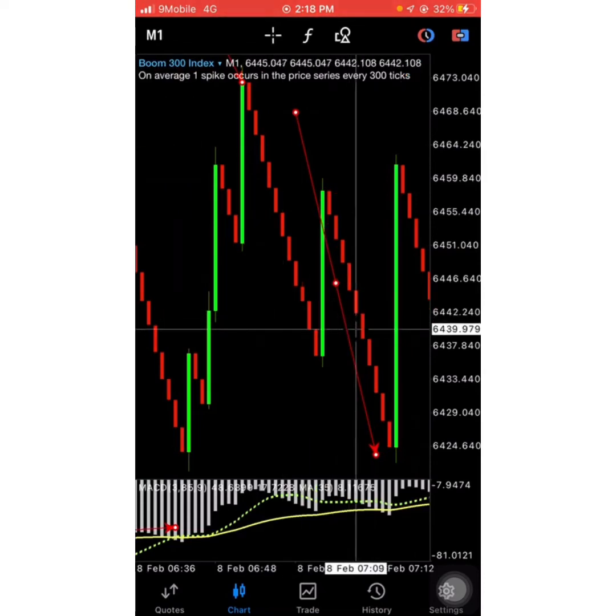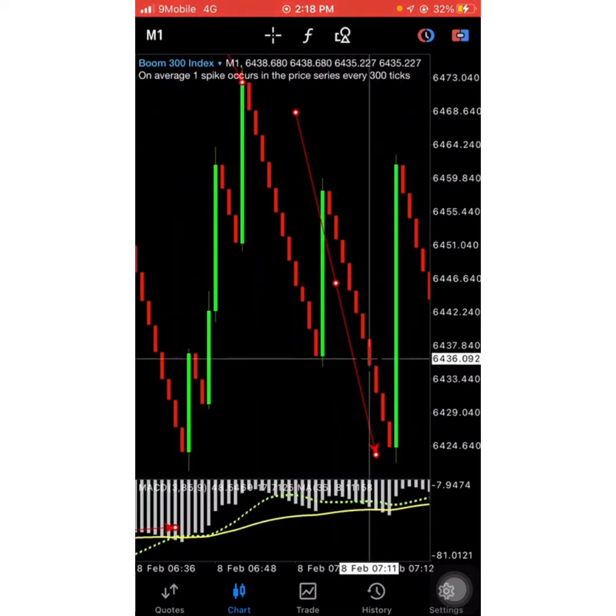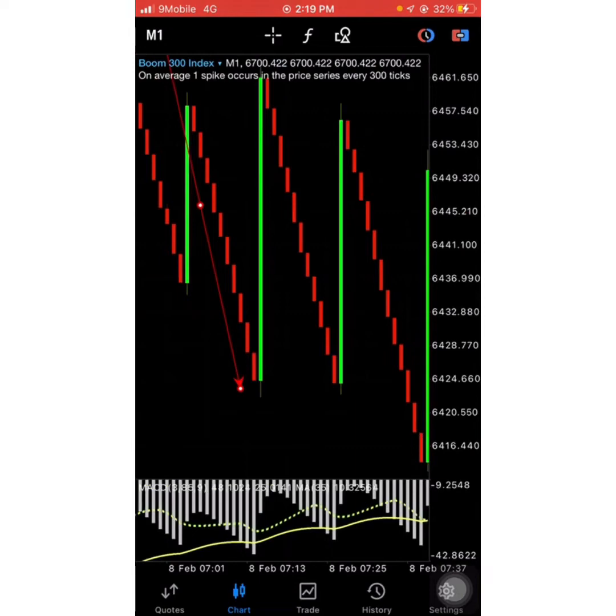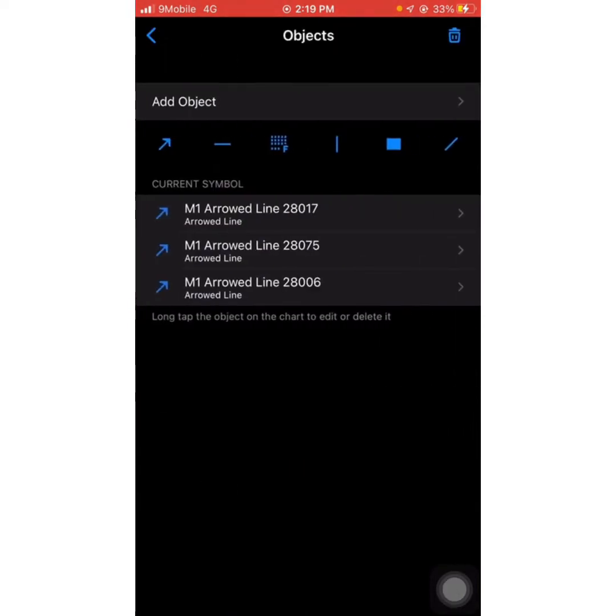The MACD line touched at this candle. You can see 1, 2, 3, 4. The fourth one, there was a spike. As you can see again here, guys, are you seeing this? You can see again here,